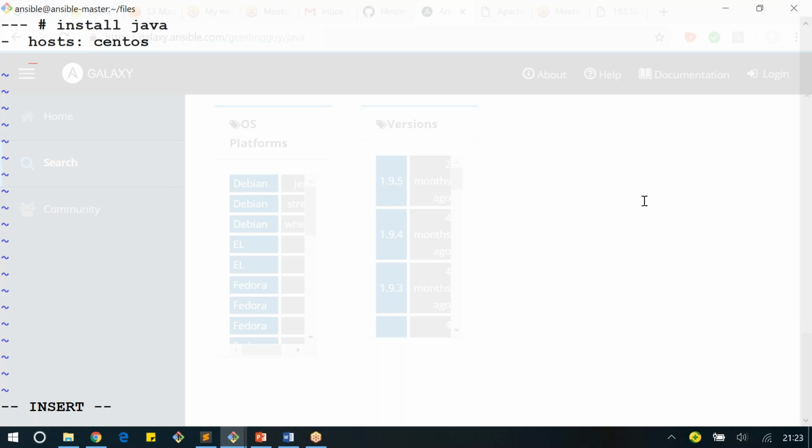Then become mechanism and all those variables you can add. But once those are added, how can you include the role? In the roles section. So just copy the role name, that is geerlingguy.java. If I take it and run this,